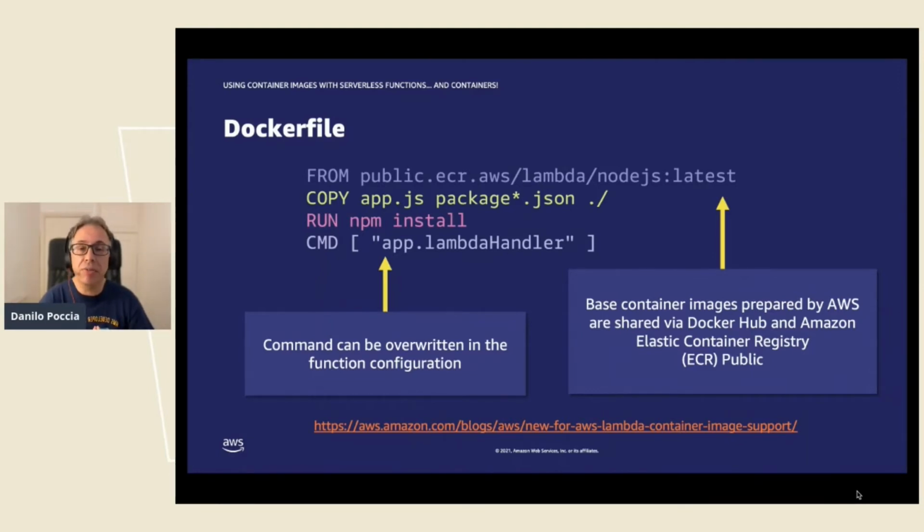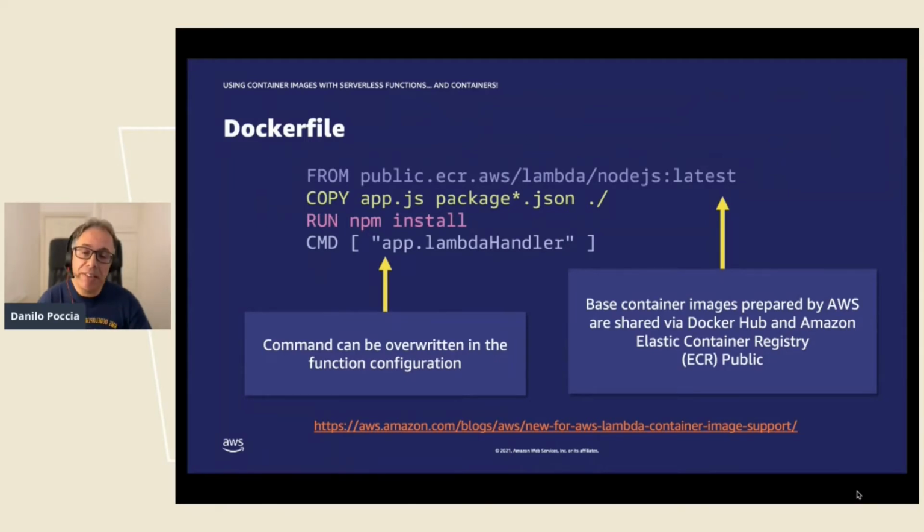And to use a container image for a Lambda function, you just use a Dockerfile like you would normally do. The only difference is that you need to use a container image that can talk with the Lambda platform. To simplify that, we provide you base images for all the runtimes that we support, like Node.js, Python, and .NET, and so on. And then you can copy your application files, your configuration files. You can run all the operating system commands that you want, including in this case npm, pip, or you can install an rpm file. This is Amazon Linux, so it can install